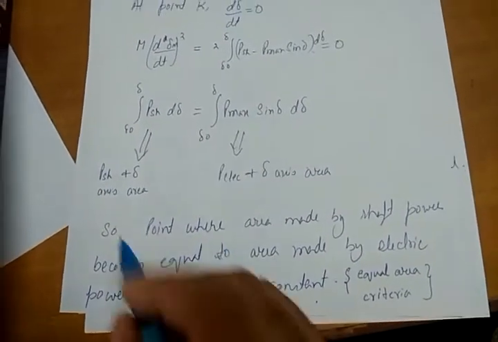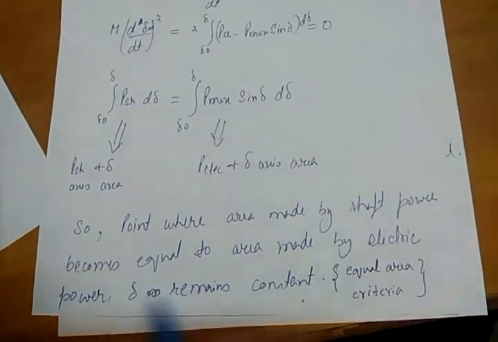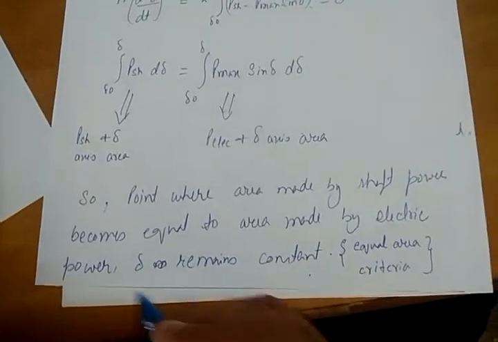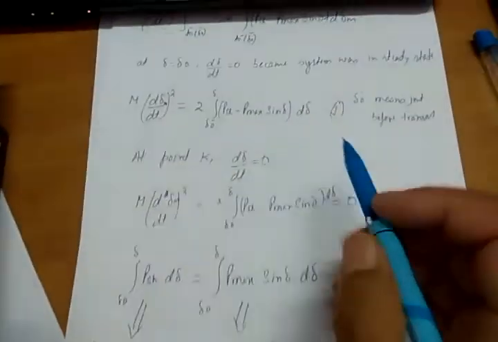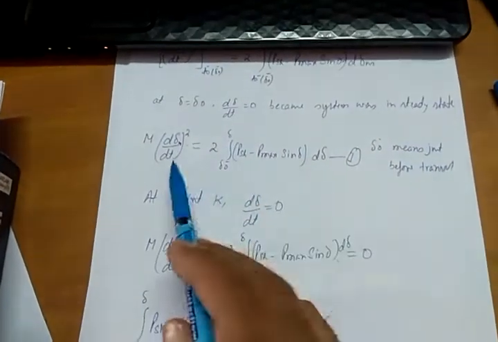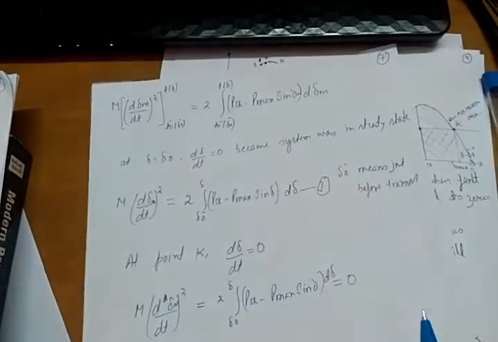The point where the area made by the shaft power becomes equal to the area made by the electrical power, delta remains constant, and this is called the equal area criteria. Please remember this equation, which was obtained from a part of the swing equation. So moving further,